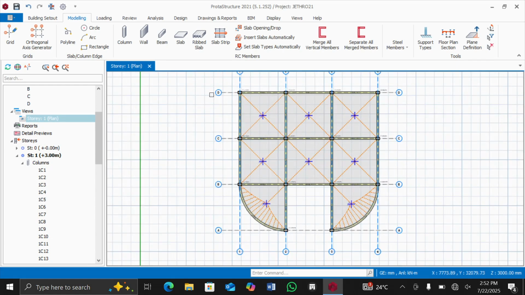We have been able to insert our columns. We have inserted our beams. We have placed our slabs. But on these slabs, there is something that I want to show you. Under the slabs, when you click on the slab tab once, it will